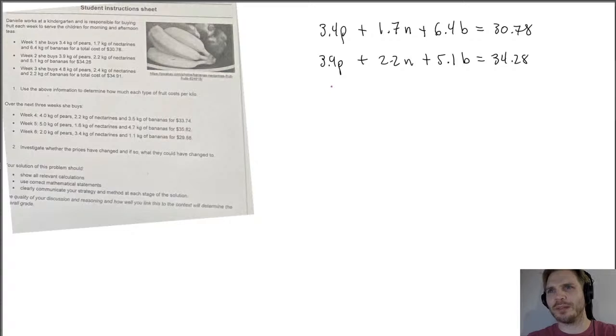Now, in this model, we are assuming that between the first, second, and third week, the price does not change. And to me, that feels like a dangerous assumption, just understanding how prices of food change rapidly. But you kind of have certain limitations with these problems in math. Okay, so here's our